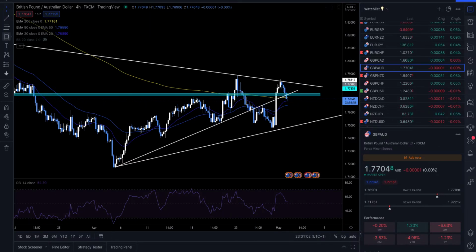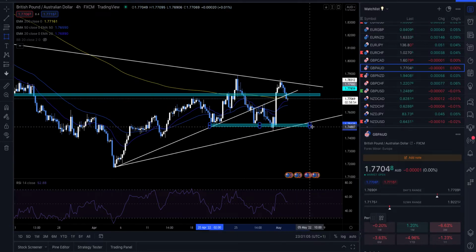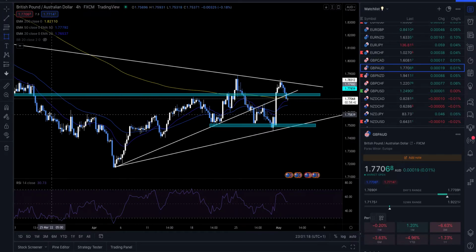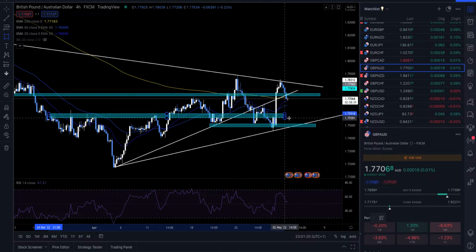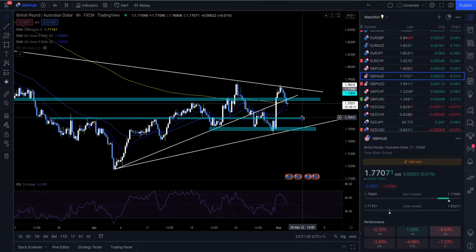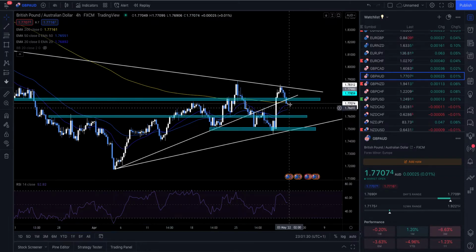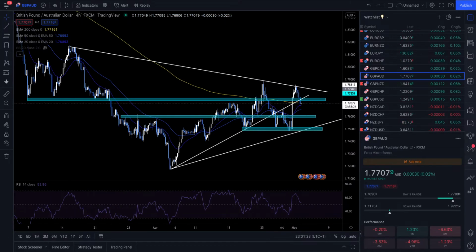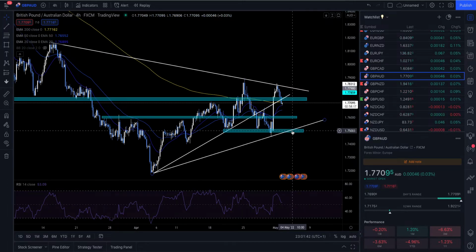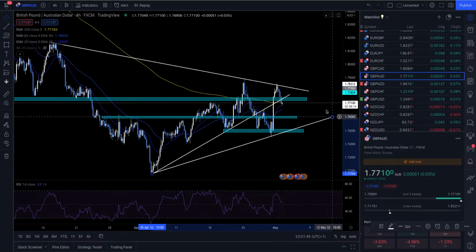So since there are no sort of clear regions standing in price's way between obviously here and down here, what we could expect to see is price continue its descent back down to the next most significant zone. I believe we had this drawn in from earlier as well, something along these lines. So as you can see, between obviously where price is now and here, there's no clear regions standing in GBPAUD's way. So it's likely we could see a descent and price continue its way back down to here before we see a reaction, or even further down to here, or even further down to this ascending trend line, and we'll wait